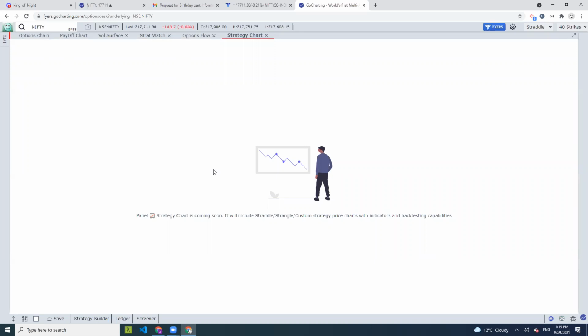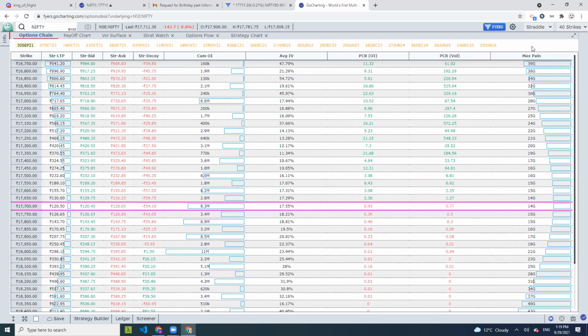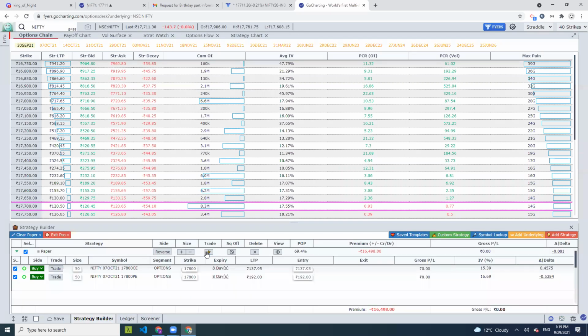Yes, you can deploy from paper trade to live trade. Like I explained here, let's go to the strategy panel. As you can see, I have created this paper trade. Now I want to go to the live mode. All you have to do is create a direct basket order from here. Click on this button called basket market order, and it will ask you, do you want to place it?